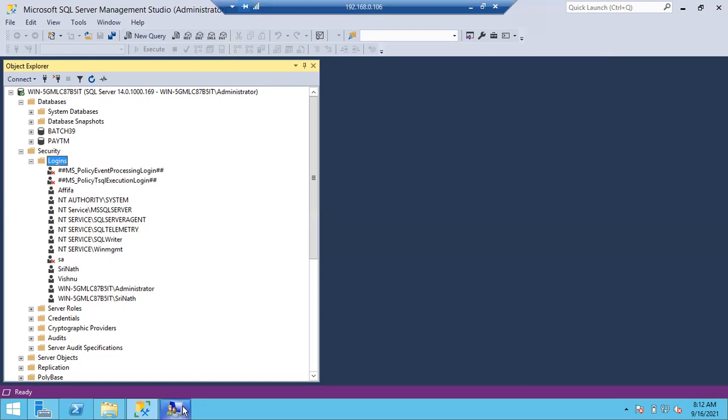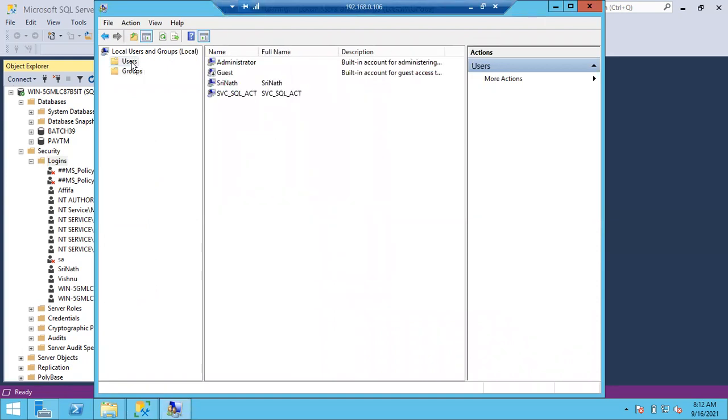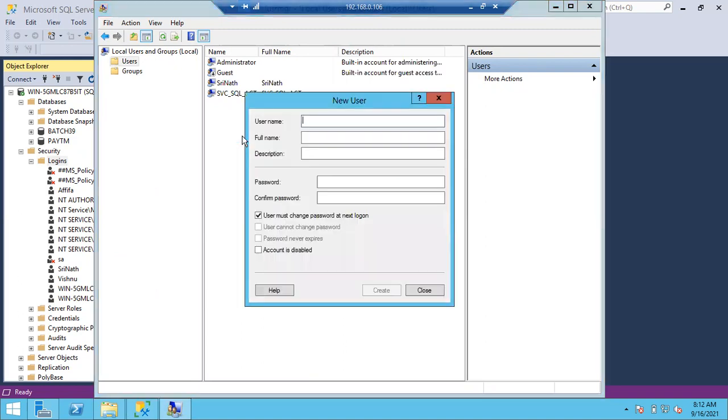Okay, if you want, you can see here. Let me quickly create a group. Before that, if we are creating a group, at least 2-3 users should be there, right? So let me do that. Let me go with a new user, Vishnu. I'm giving a password. I'm just creating 2-3 users, and let me go with Farjana.